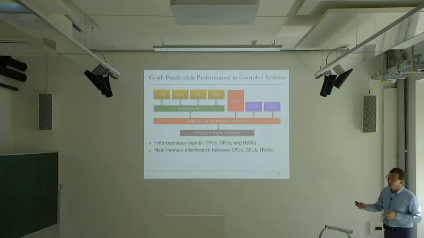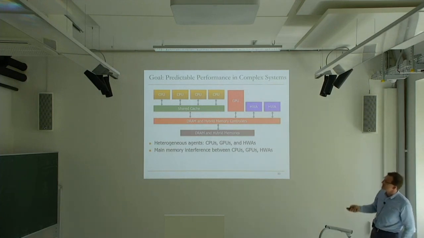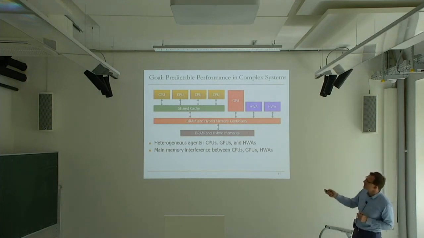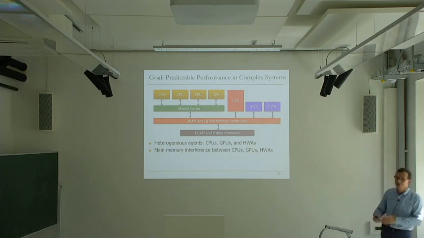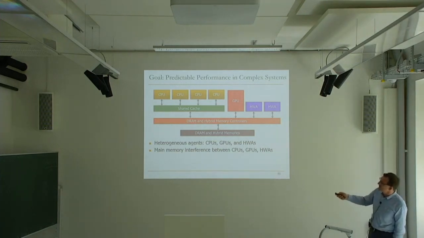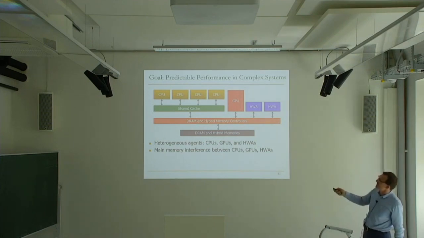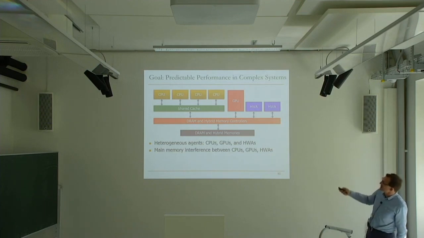OK, so clearly this problem is getting worse. So this is one goal, predictable performance in complex systems. Essentially, memory controllers are being shared by many different types of agents, CPUs, GPUs, hardware accelerators, you name it. And there are different levels of sharing, different amounts of bandwidth. And they all have different kinds of requirements, as you can see over here. I mean, this may have a frame rate requirement sometimes. This may have some other requirements. This may or may not have requirements, clearly based on the user. So this part of the system is getting more complex.